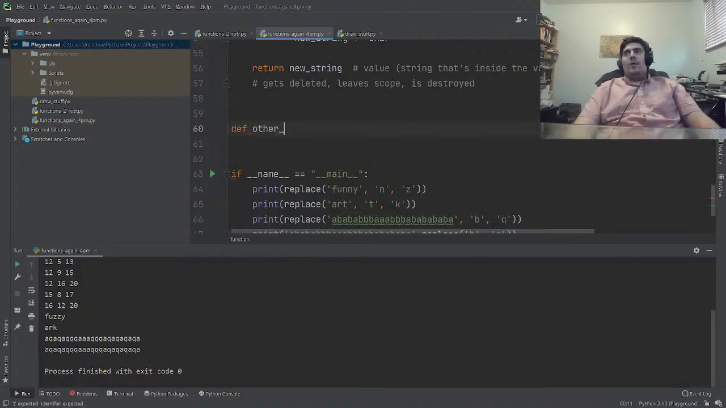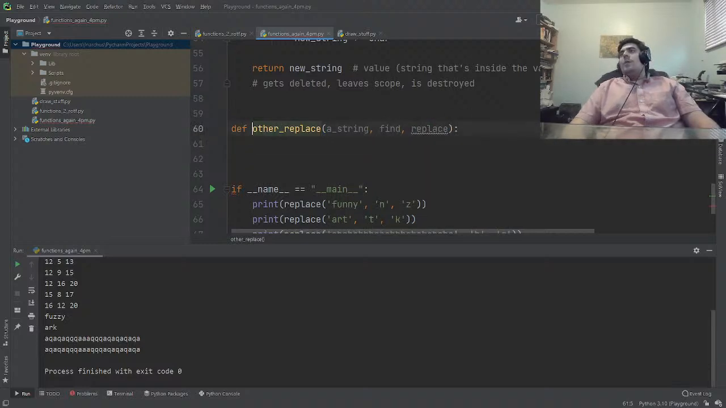Okay, so I also have a different idea for replace. We'll call it other replace, and it'll use other string methods. Why do you not like this? Shadows name from outer scope. Let's see. Please. There we go. So here's what we're going to do. We are going to essentially